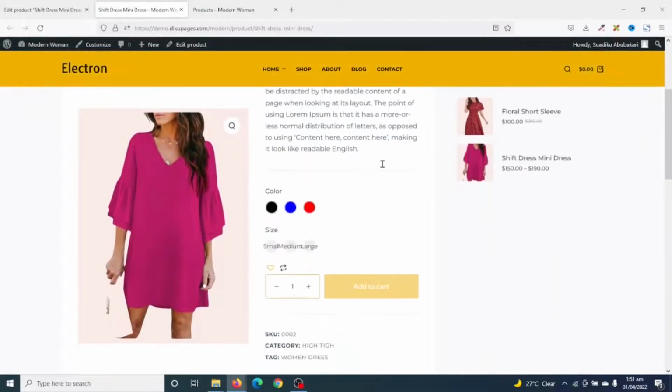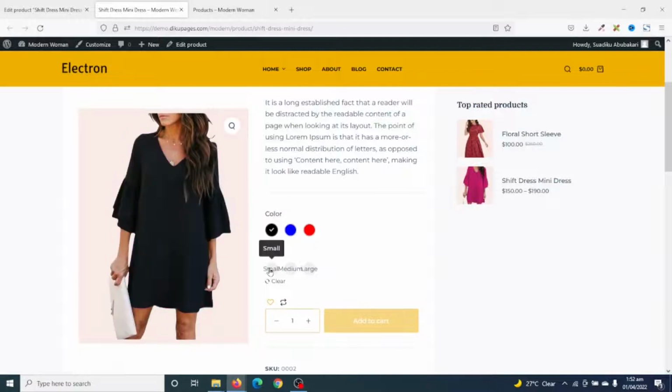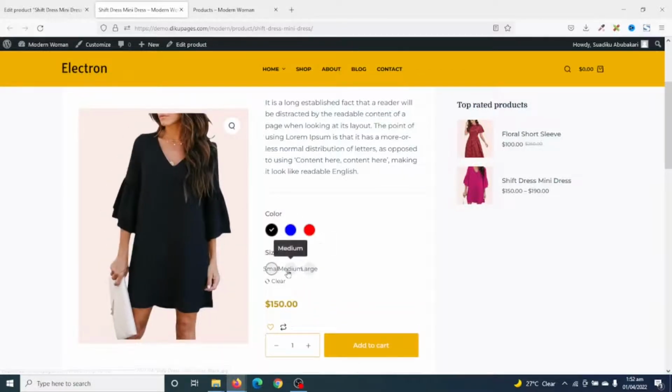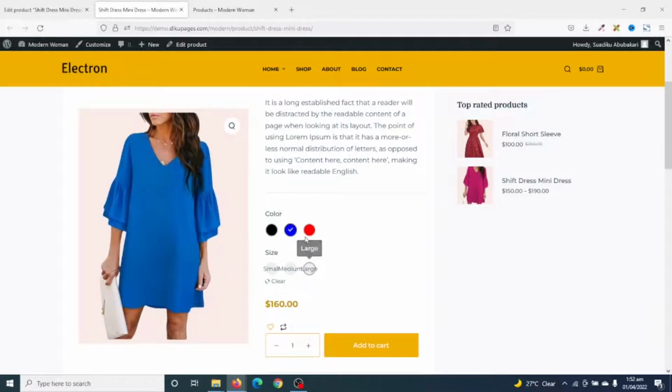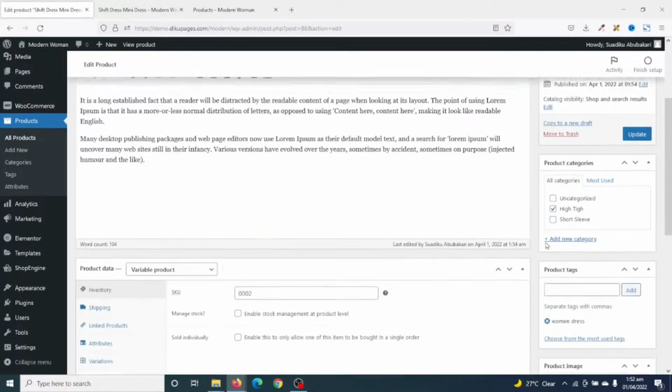Perfect. So now if I choose black and then small, you see that I have black small, black medium, black large, blue, red, in that order. Perfect. One thing I can also do is I can add